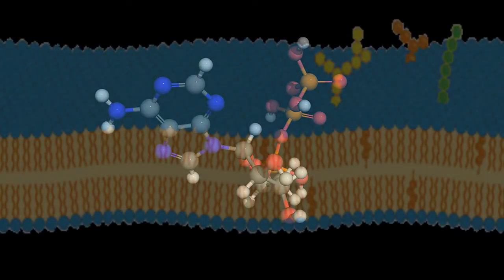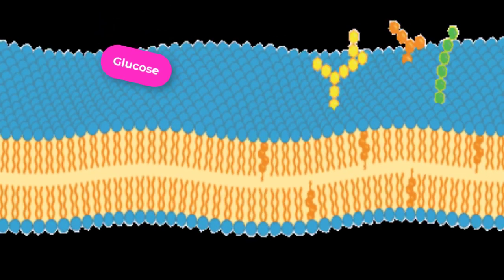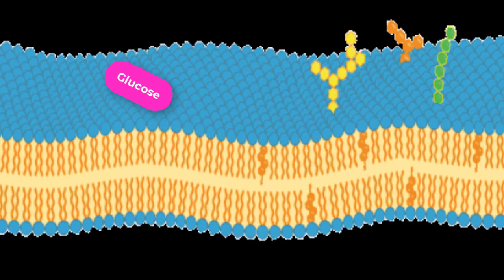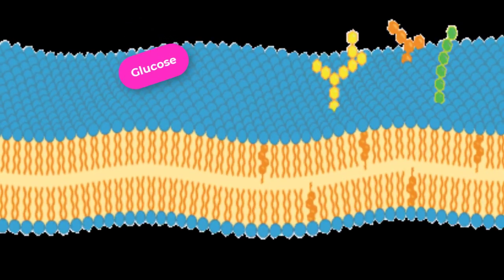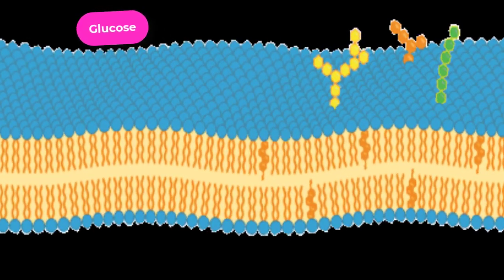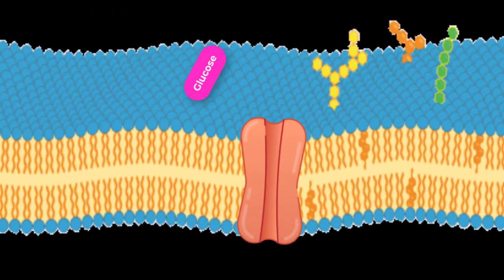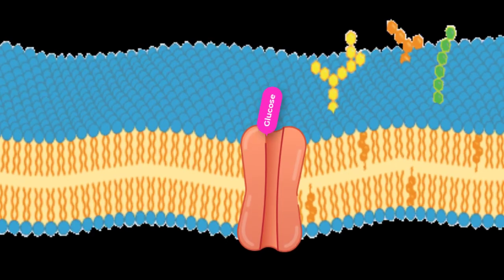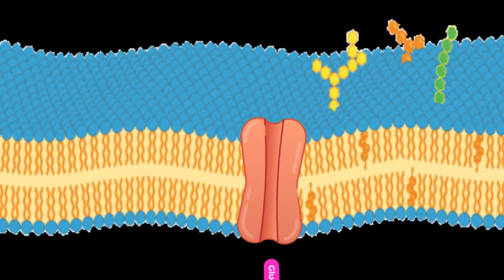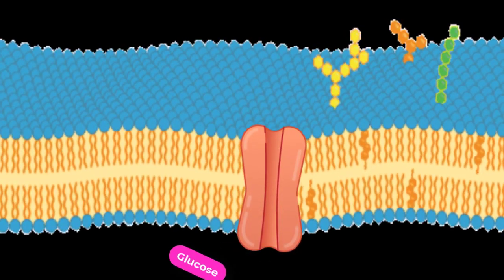A common example of facilitated diffusion is the movement of glucose into cells, where it is used to make ATP. Although glucose can be more concentrated outside of a cell, it cannot cross the lipid bilayer via simple diffusion. This is because it is both a large molecule and it is polar. To resolve this, a special carrier protein, called the glucose transporter, will transfer glucose molecules into the cell to facilitate